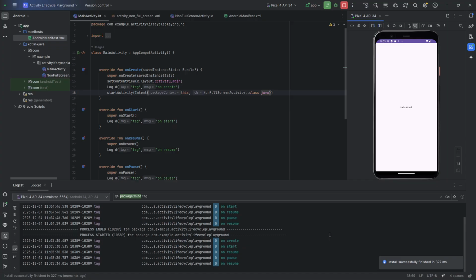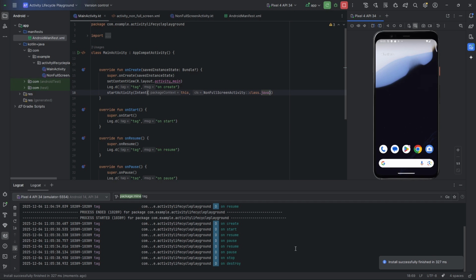If I close the app, so it's no longer visible, we get on pause and on stop. And if then I go back to the app, we get on start and on resume. So looking at the code, and closing logcat, on resume and on start are very similar. But if I should do a quick comment, this is for when our app, having flown through those 6 lifecycle methods,